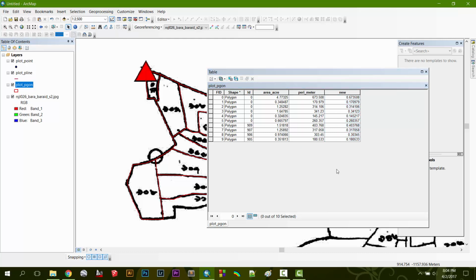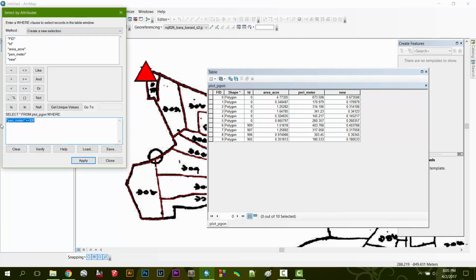So now we will be doing a very interesting thing with our ArcMap, actually with this table. Suppose you can see we have these perimeters ranging from almost 180 to almost 700. Suppose I want to make a table where the perimeters having a value of more than 300 meters will be called large, and smaller than 300 meters will be called small. So now you have to select this with an attribute. Go to select by attribute and then double click on perimeter, and you can see there are some signs. In this, take the more than or equal sign,